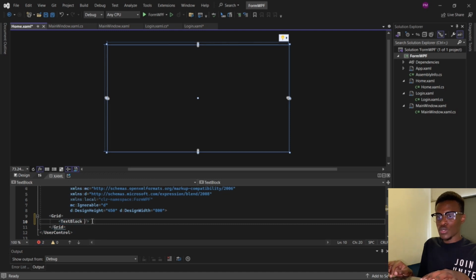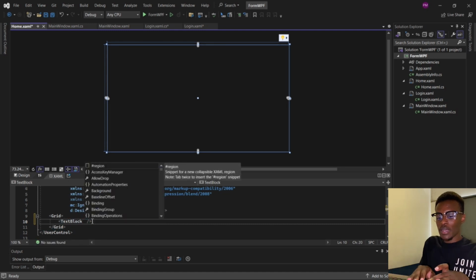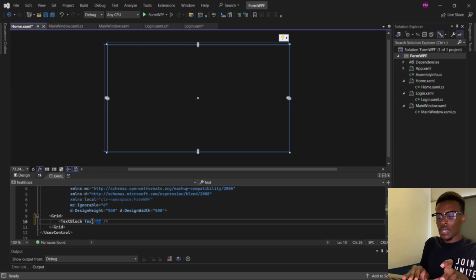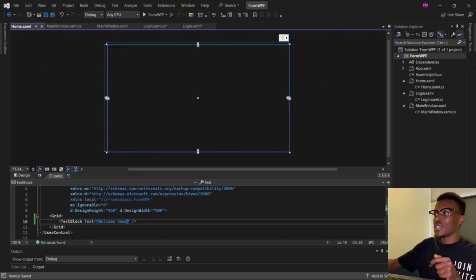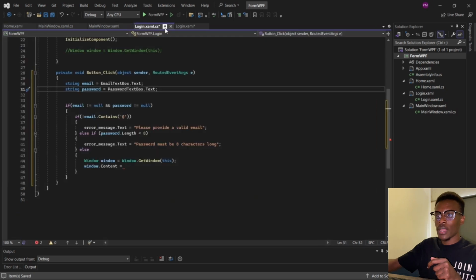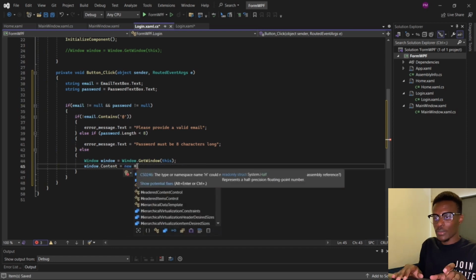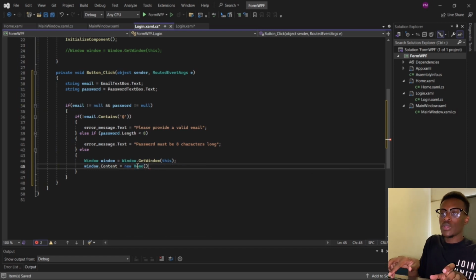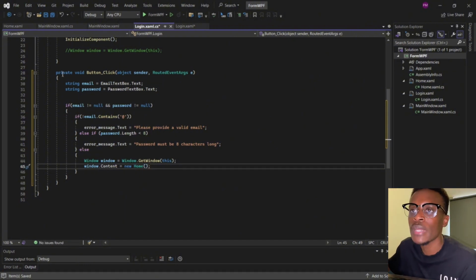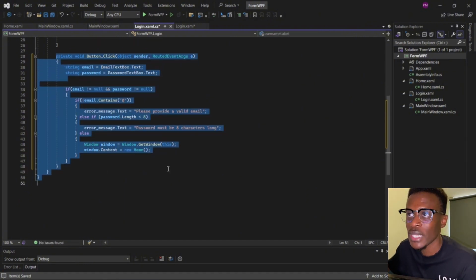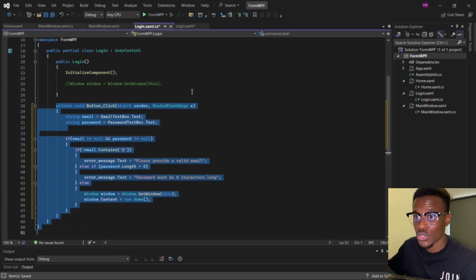That text block is going to have a text saying welcome home, right? So we're gonna say welcome home. It's gonna be there, just to be there. So if we go back to our login, we want to create a new home. Our main content control is gonna be on home now if the user has successfully created an account,